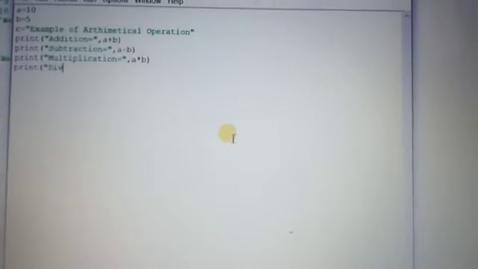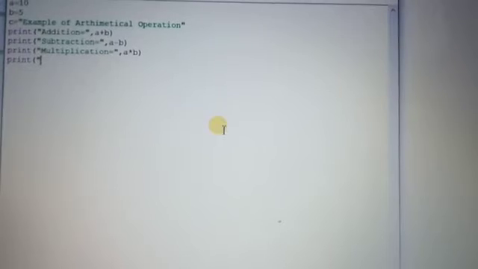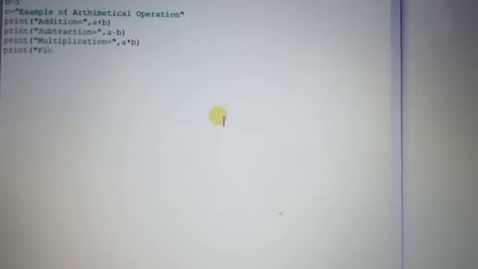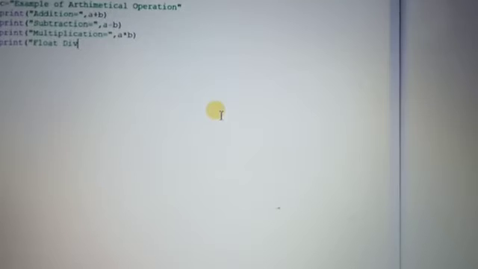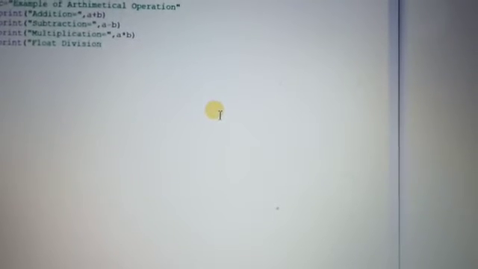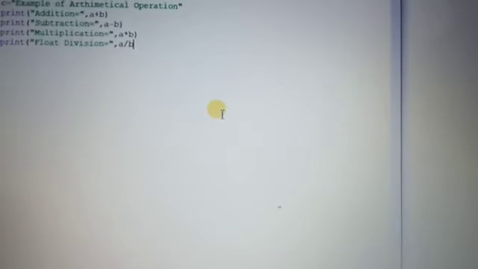There are two kinds of division. If you use the single slash, that performs float division, which means it shows the output with a decimal point. A single slash b means a divided by b.